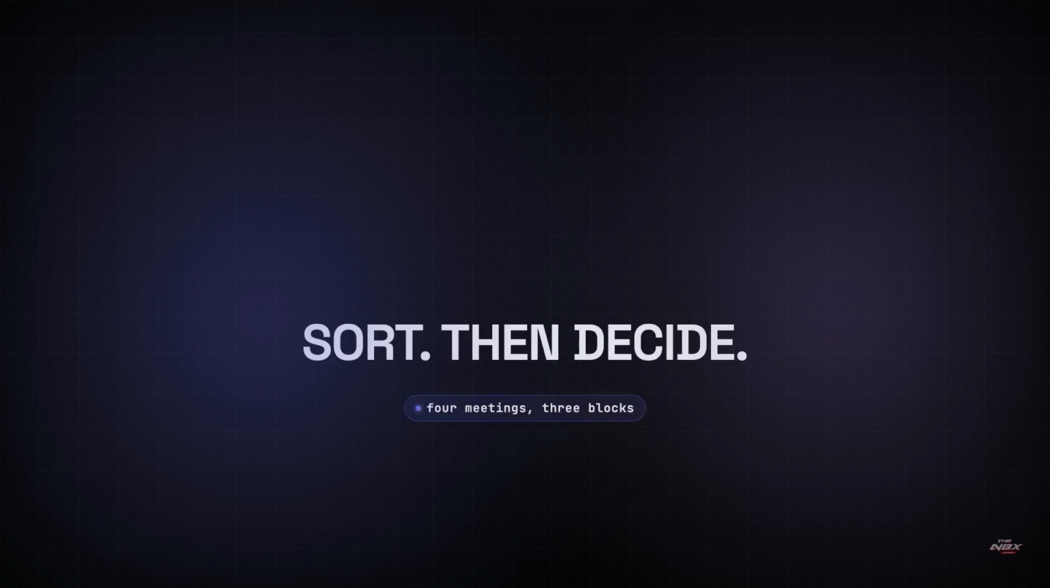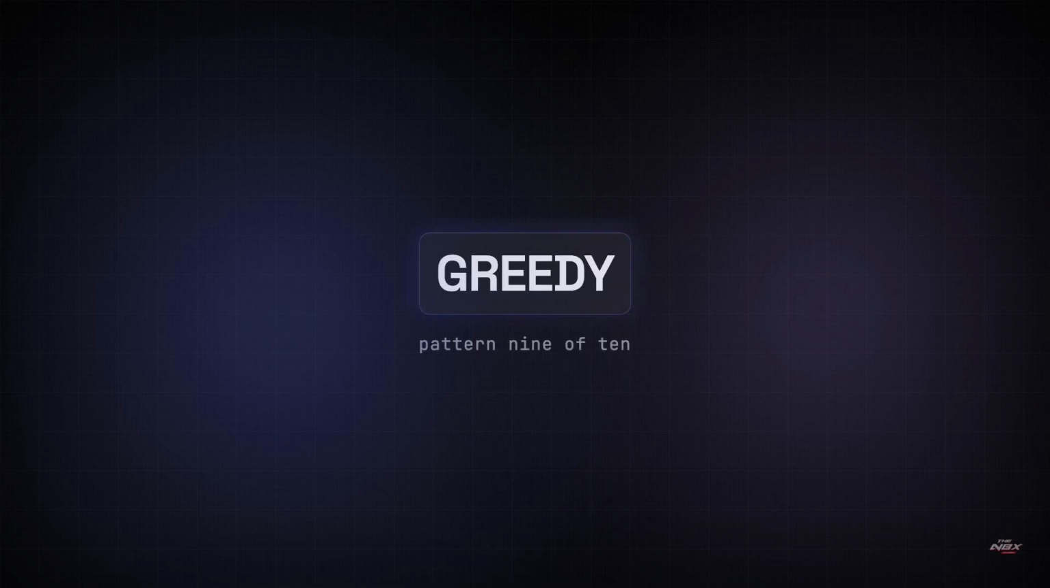For meetings, 3 blocks of time. The sort does most of the work. But which sort? Pattern 9 of 10 in the NBX STUDIO dojo. Greedy. The shortest code in the whole series, and the one you're most likely to get wrong for a reason